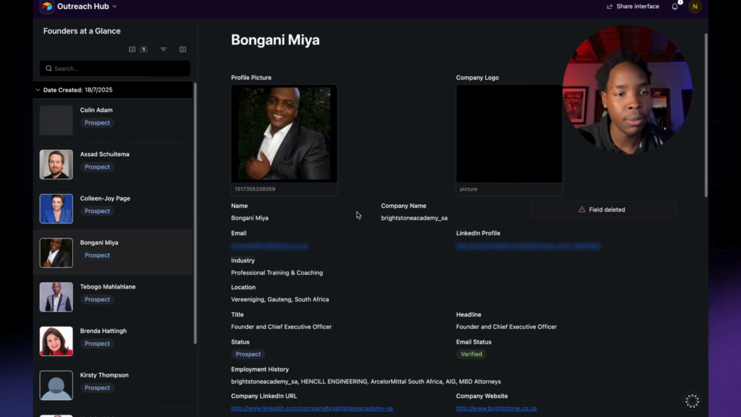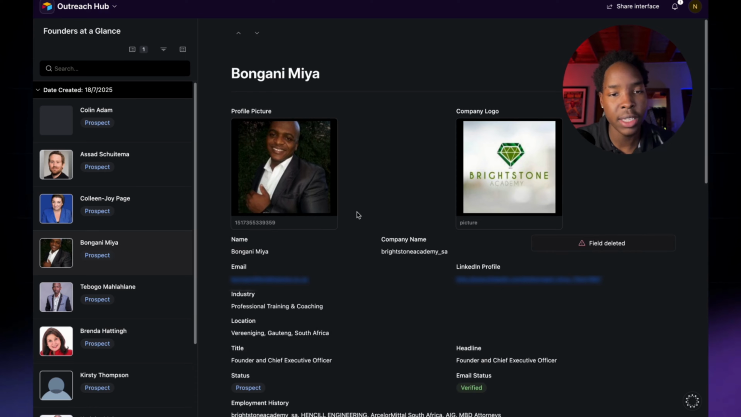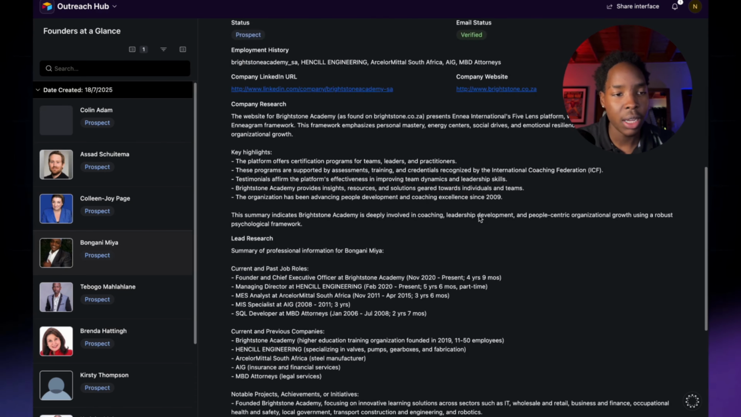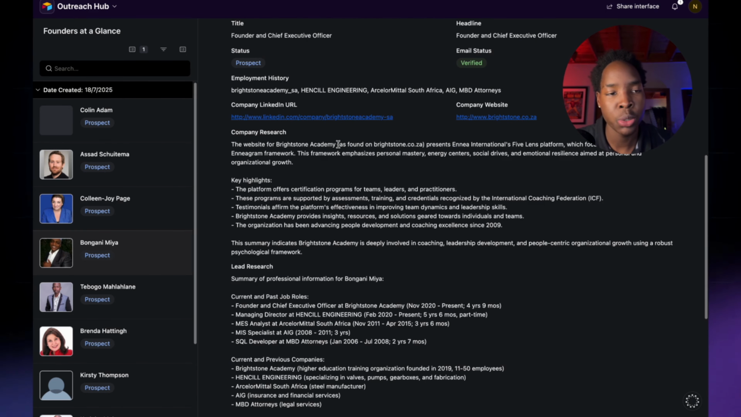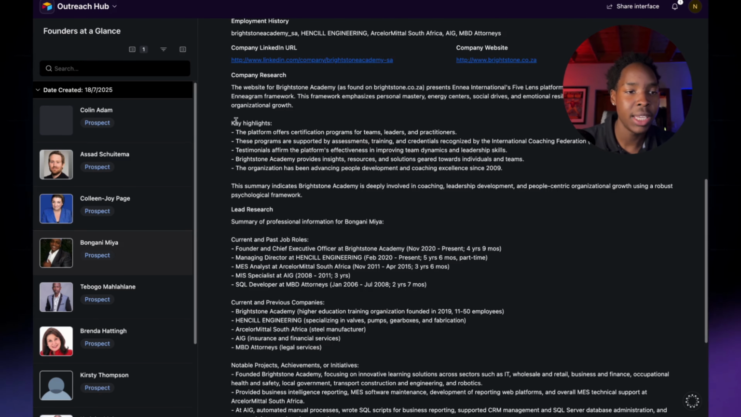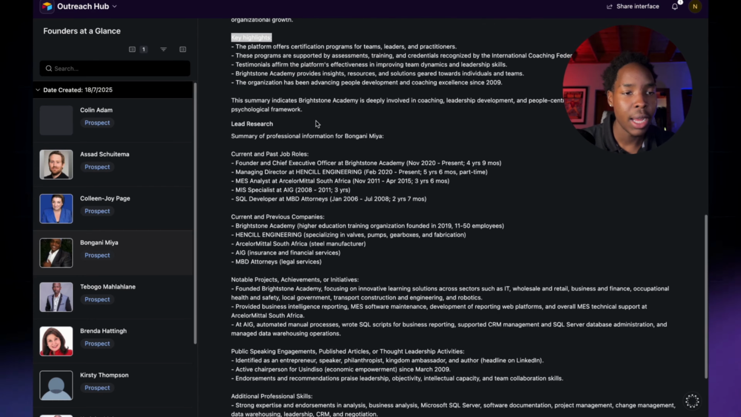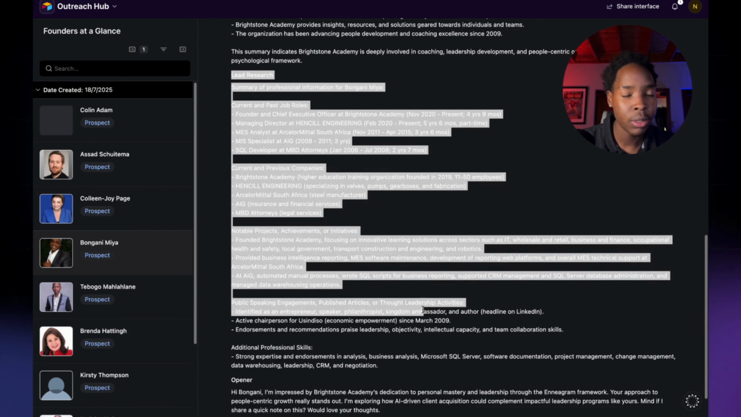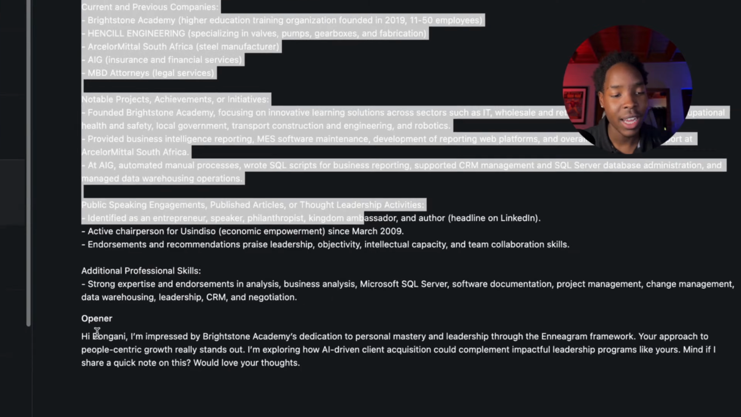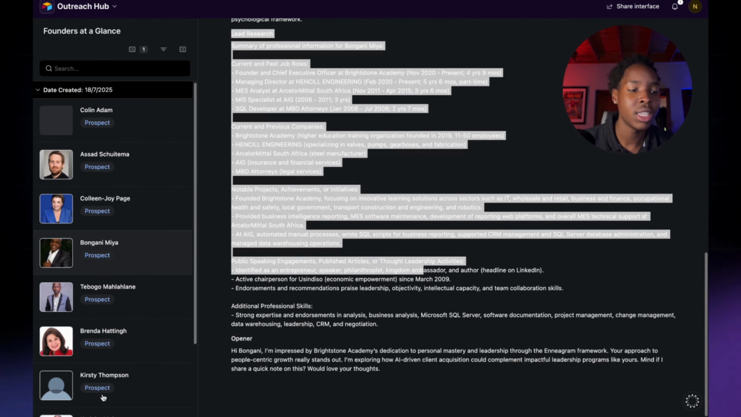So if we go to the next one, you can see we've got his profile photo there, his name, company logo, same thing. So we've actually got some company research which came back. You can see the website for Bryson Academy presents INEA's international 5-lens platform, which focuses on leveraging the Enneagram framework. For example, you've also got some key highlights there as well. And then we've got the lead research as well. We've also got the opener here saying, "Hi Bongani." I'm not going to read the rest, but you can see for each lead, it's all done in the space of 10 minutes for 10 leads,